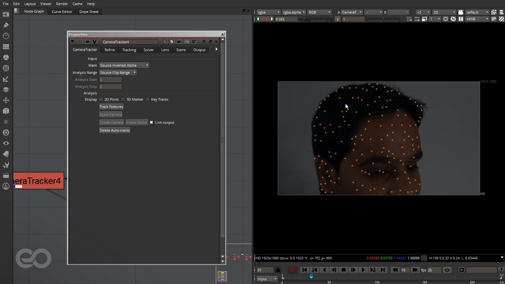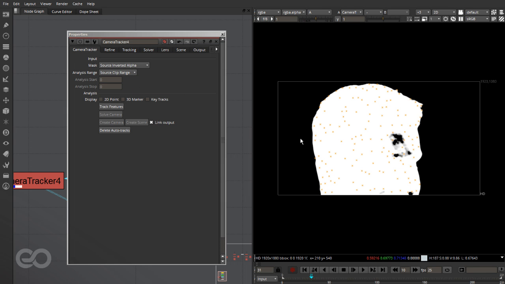Now the next thing is setting the default parameters for the whole track. So first off, I want to talk about this mask input. As you know, we have just edited the alpha. The inside is white and the outside is black. By default, when you're trying to track, the alpha is set to objects which do not have to be tracked. Basically, it's a roto shape which has come in about a character moving or some objects in the foreground